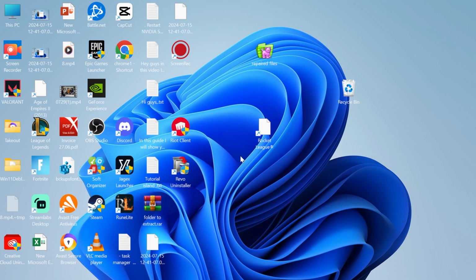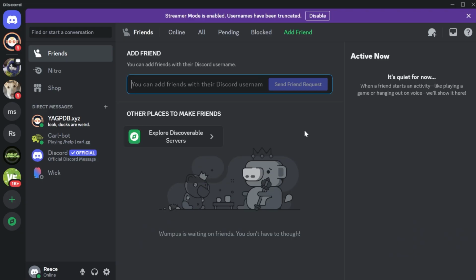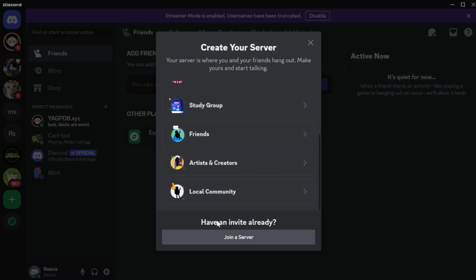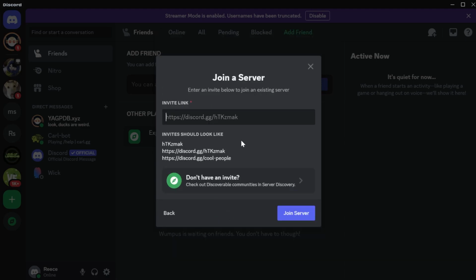link. So the first thing we need to do is launch up the Discord application, and it really doesn't matter whether you're on a mobile device or a computer, as the steps are going to be exactly the same. So once you've launched up the Discord application, we're then going to head over to this plus symbol here, and right down at the bottom of this drop down you'll see have an invite already, join a server. So go ahead and select that, and what we need to do here is type in the following text: